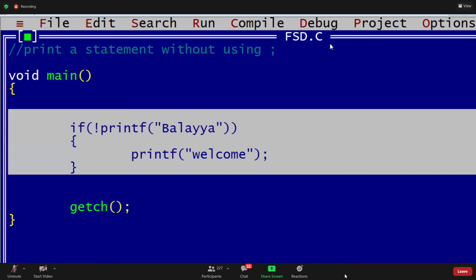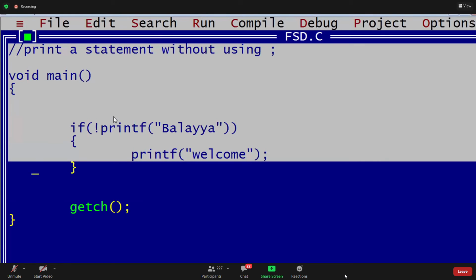Yeah, guys. Now what is the output? Not printf. Then what is the answer, guys? Does it print the statement? Yes, this statement will be printed.